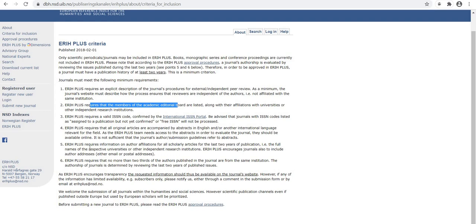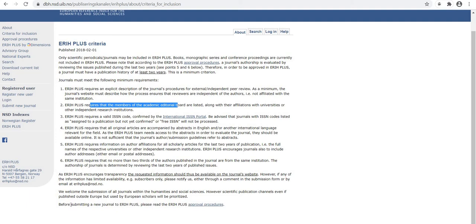ERIH Plus requires information on author affiliation for all scholarly articles for the last 2 years of publication. ERIH Plus requires that no more than 2/3 of the authors published in the journal are from the same institution. The authorship of journals is determined by reviewing the last 2 years of published issues.